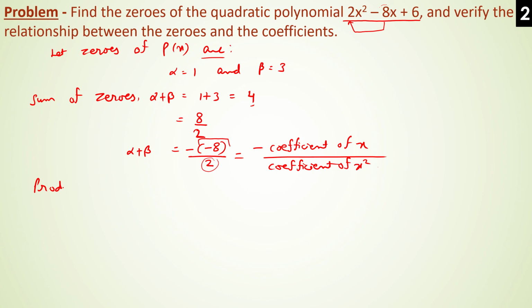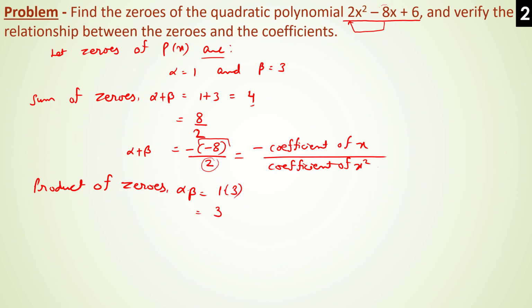And at the second stage, the product of zeros, that means alpha into beta, we will get 1 into 3,